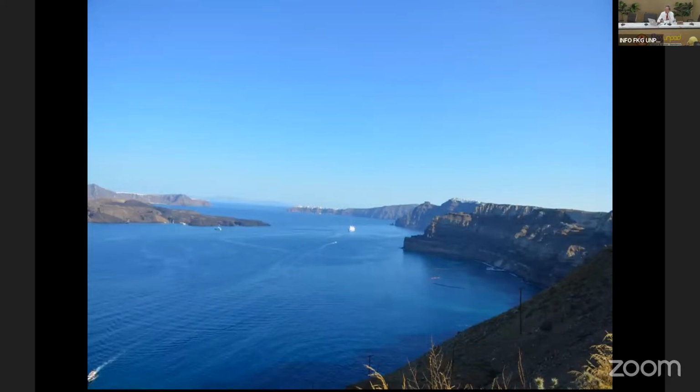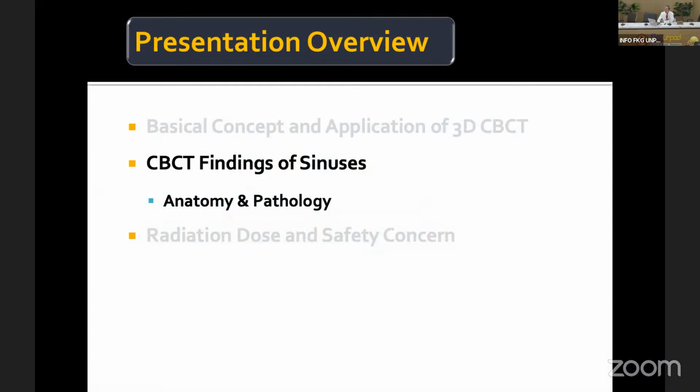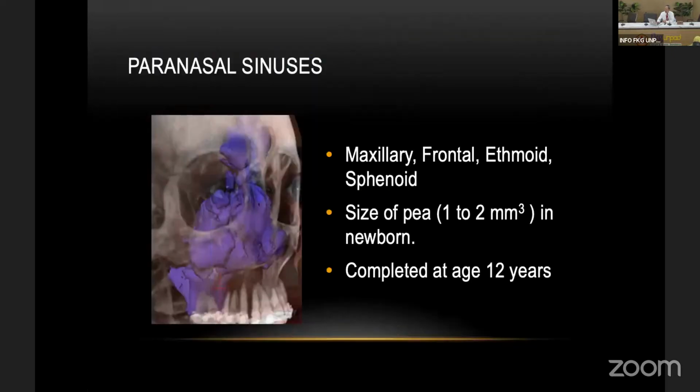Now for the sinuses, because when we do the cone beam, a lot of the time we're looking at the sinuses. For maxillary implants, we often need to do a sinus lift as well. As we know, we have four paranasal sinuses: maxillary, frontal, ethmoid, and sphenoid.